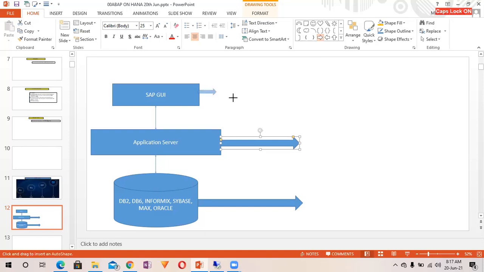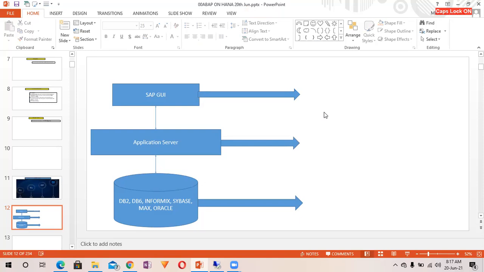It was a very new database. So it was implemented as a sidecar scenario. We will understand the sidecar scenario in detail tomorrow. Tomorrow is going to be our first class. Here, I just want to set the context for ABAP on HANA, what we are going to learn mainly.